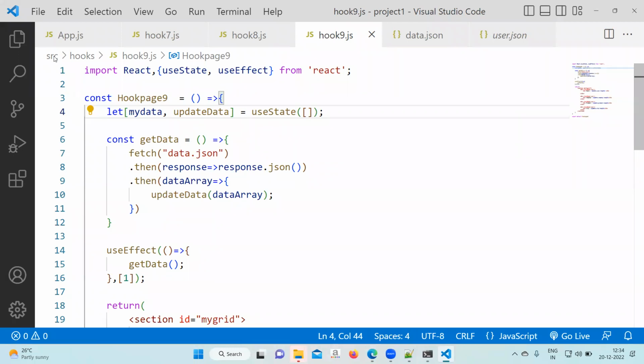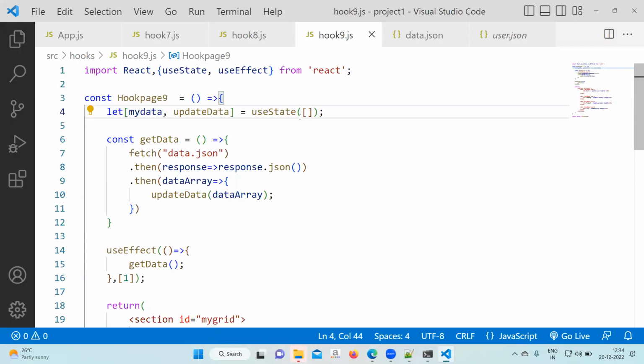You will get an error like this. Undefined will come. There was a chance of the error coming. Here, you can go to this. My data we have written, my data. A square bracket we have given. Inside this, we can follow this one. Flower bracket. Inside that, you can write for user